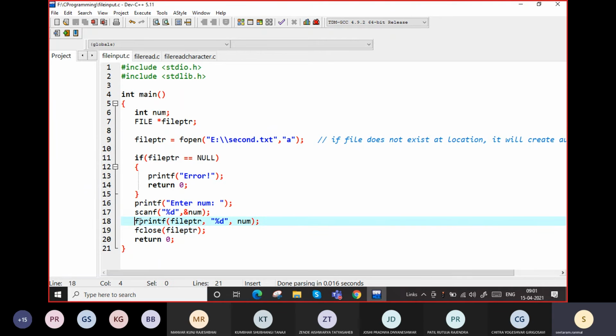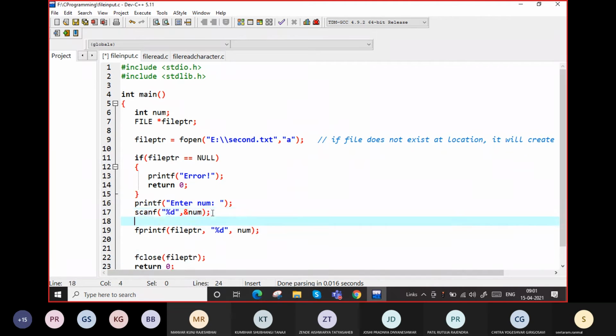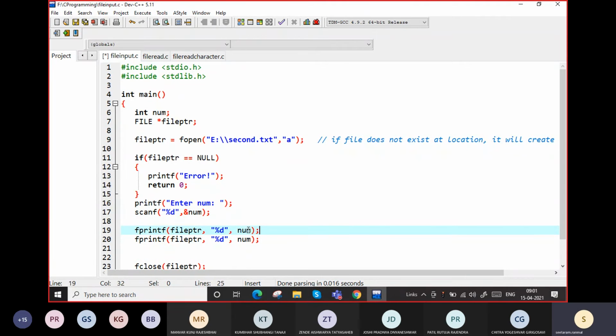Similarly, if I write this fprintf, with "User entered number is:" in double quotes, I don't want to put some value, I want to put some string there, so no need to have %d because we have not taken any variable for that.